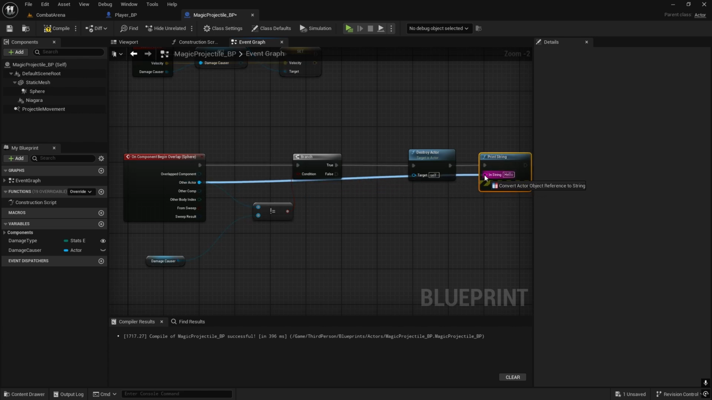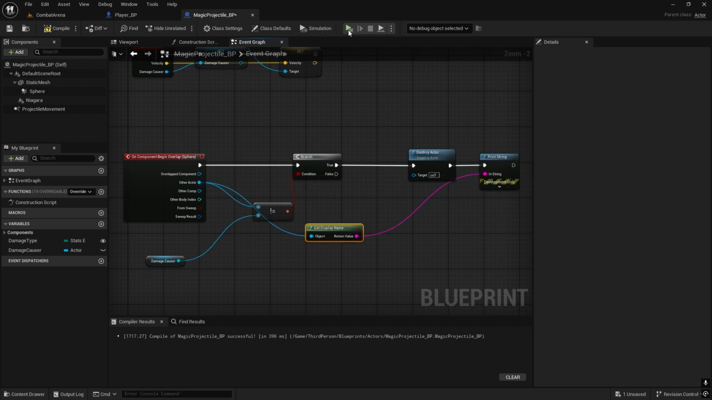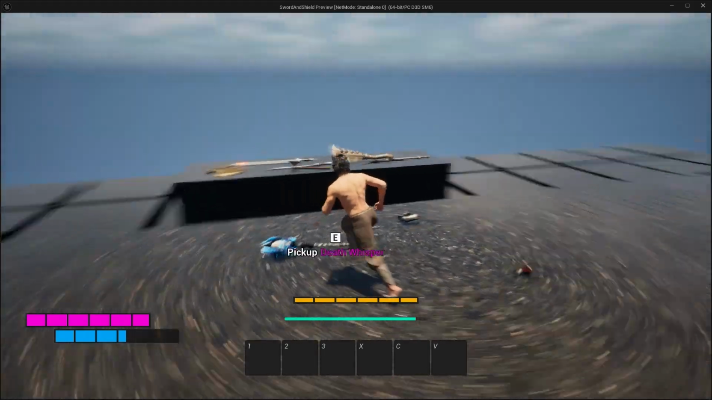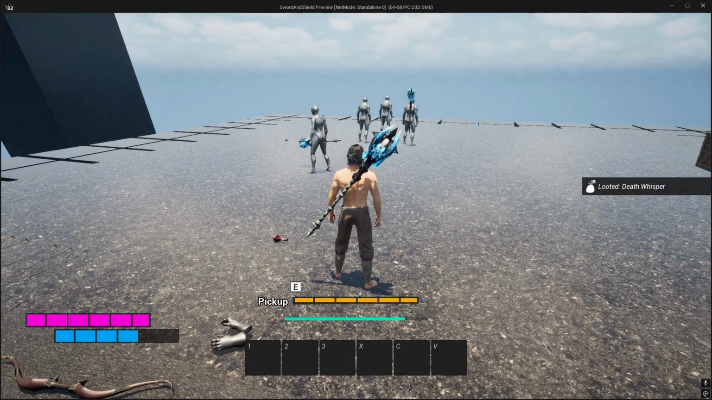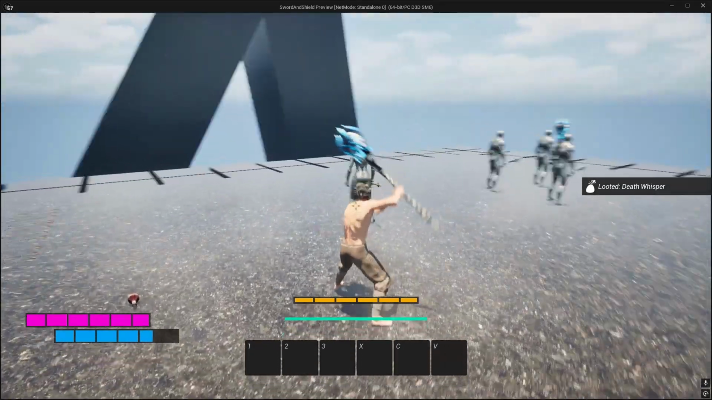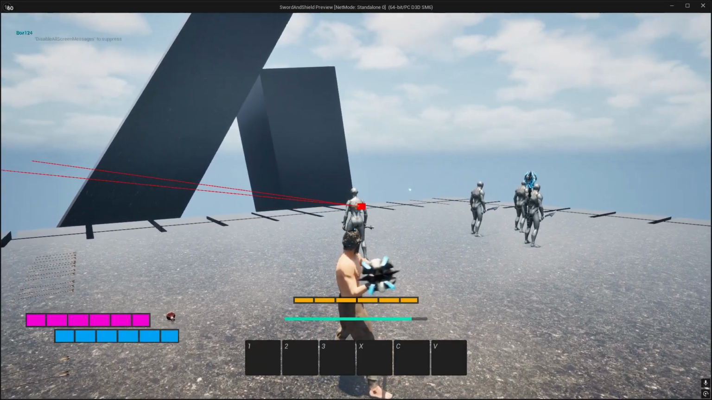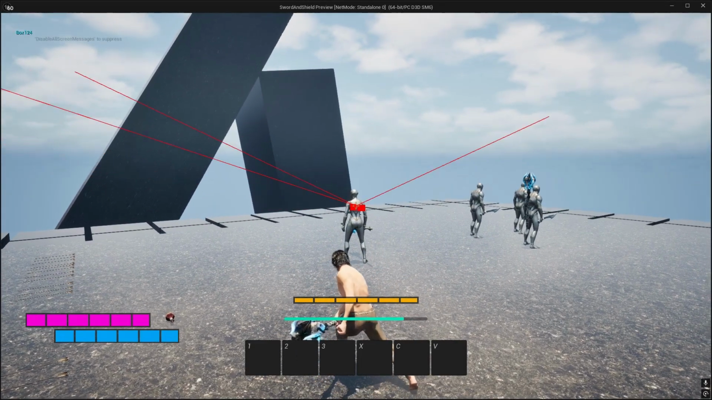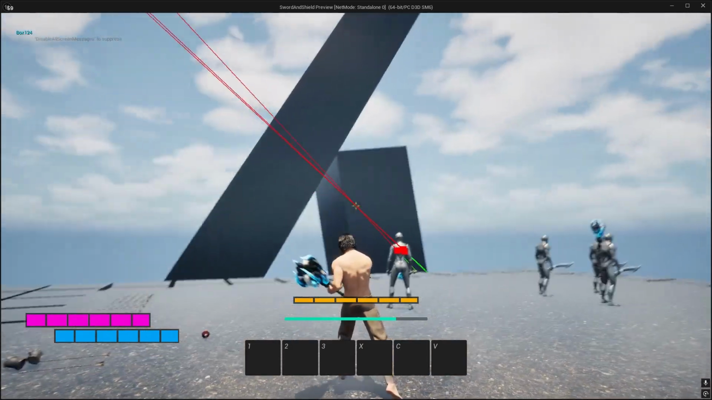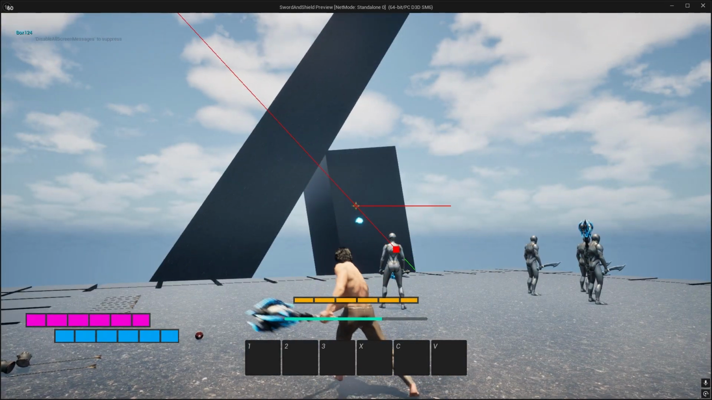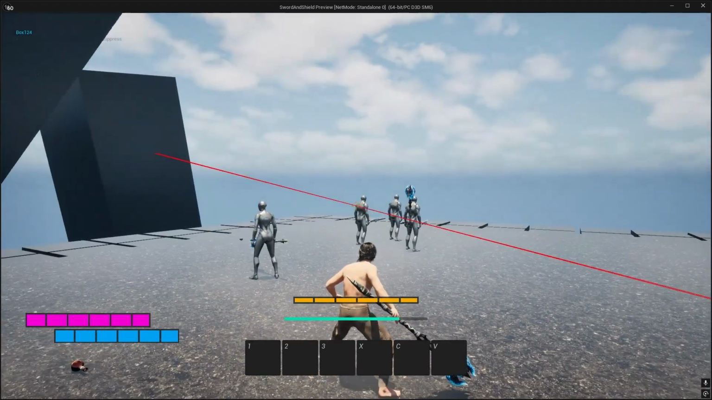I'll do another actor just to test if it's working. So now pick up stuff, and let's try to hit. I think this is just, I don't know, some animation or something. So you can see I'm not even hitting it. I'm hitting the box behind it. If I aim at this